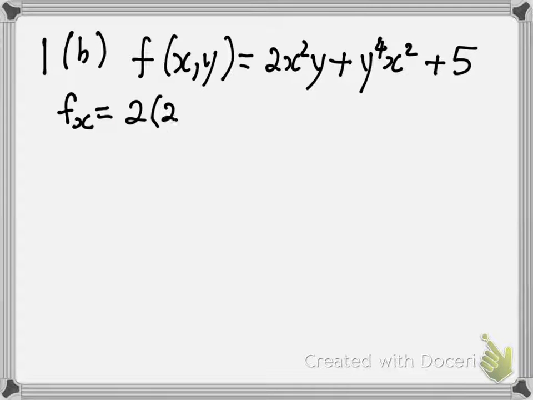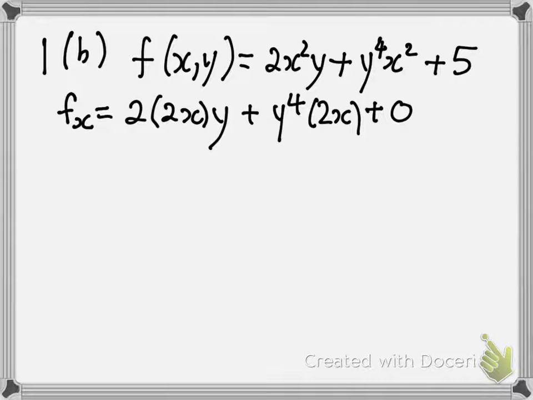times 2x times y. And likewise, it's going to assume that y to the 4 is a constant. So if you differentiate with respect to x, you will get 2x on this side. And 5 we all know is a constant, so the derivative is 0. Simplify that a little bit, and it looks like